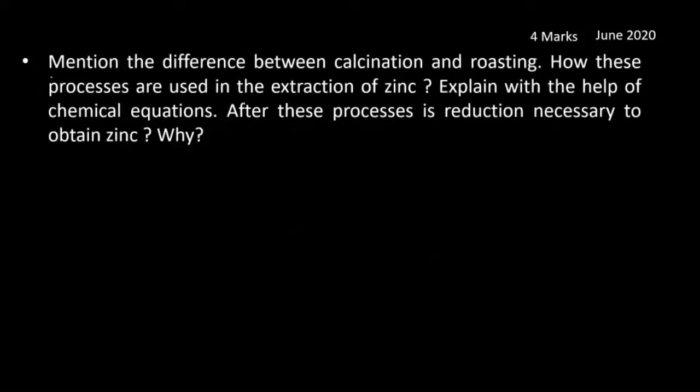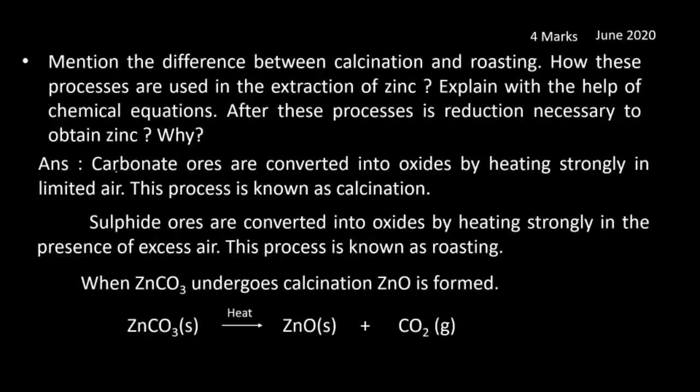Next question is for 4 marks. The question is, mention the difference between calcination and roasting. How these processes are used in the extraction of zinc. Explain with the help of chemical equations. After these processes, is reduction necessary to obtain zinc? Why? Answer for this question is,